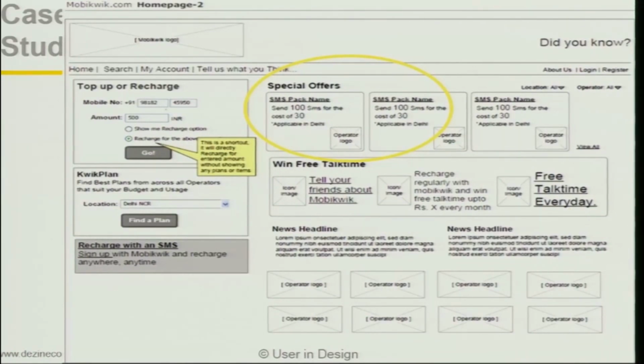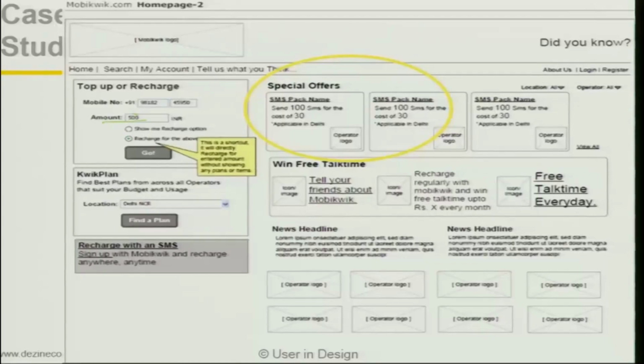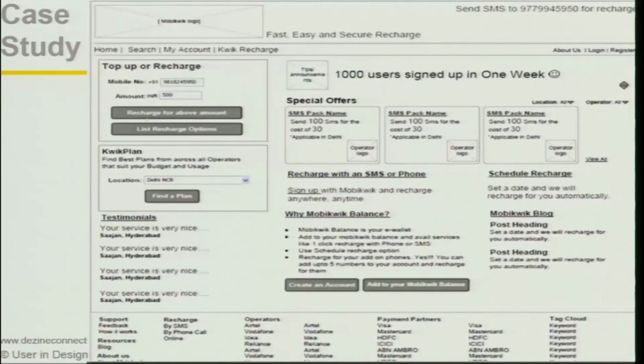One of the other things that they realized, and have now implemented in this prototype, is that earlier they were not putting an amount over here. Then they realized that most people recharge for a fixed amount. So if you already put that amount over there, you're making the job a little easier for the user. That is what our goal needs to be. How can we make it easier and easier and easier? So in their successive prototypes, they put a preset amount, and it came as a default.